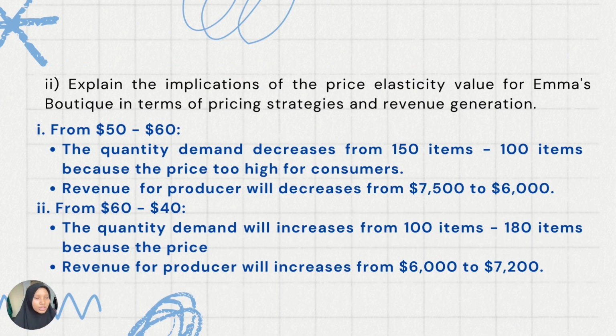Okay, for question 1 to Roman, explain the implications of the price elasticity value for Emma's boutique in terms of pricing strategies and revenue generation. First, from $50 to $60, the quantity demand decreases from 150 items to 100 items because the price is too high for consumers. Revenue for the producer will decrease from